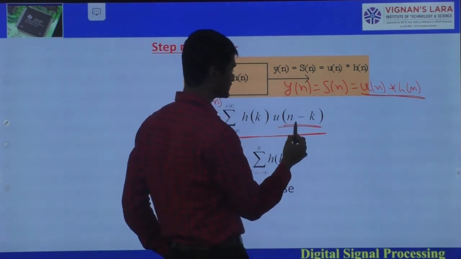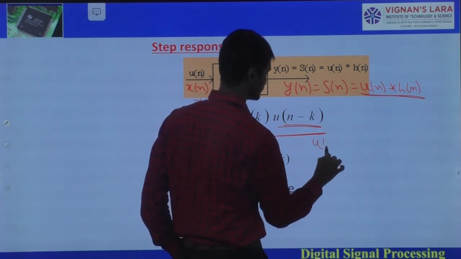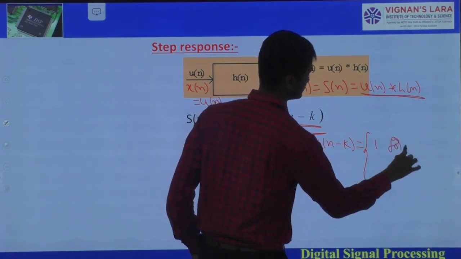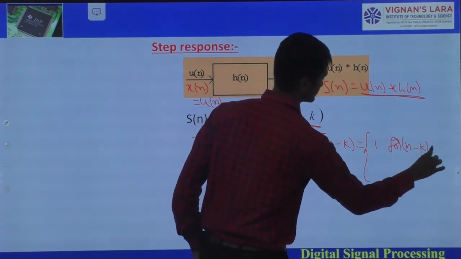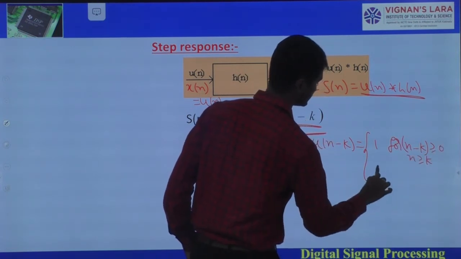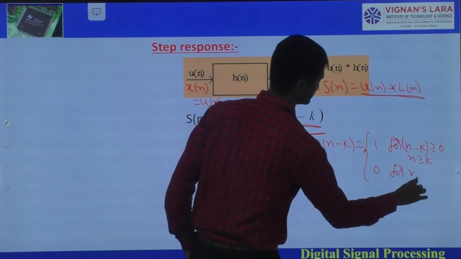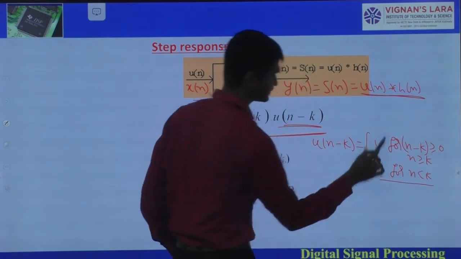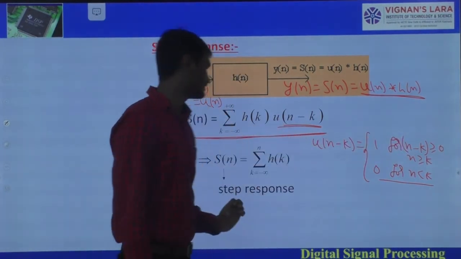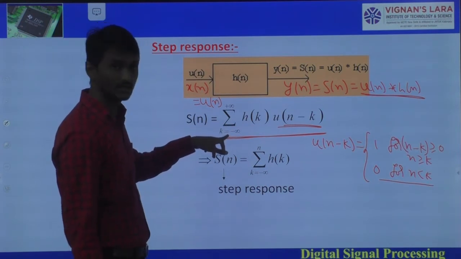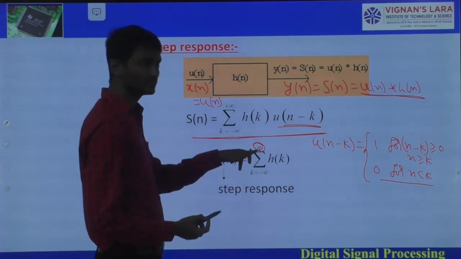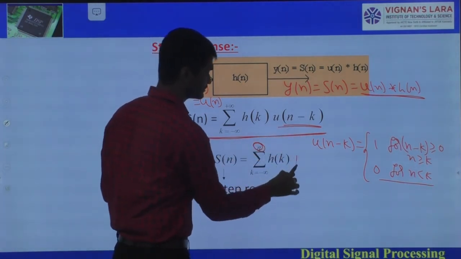We know u of n minus k is defined as 1 for n minus k greater than or equal to 0, that is n greater than or equal to k, and 0 for n less than k, right? So u of n minus k is 1 for n greater than or equal to k values. Here k is defined only up to n. So k runs from minus infinity to n, where u of n minus k is 1, and h of k,